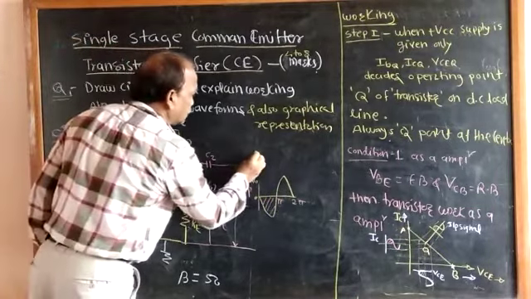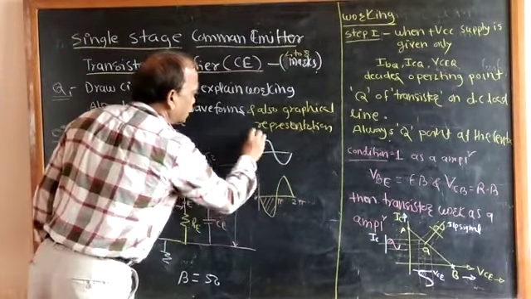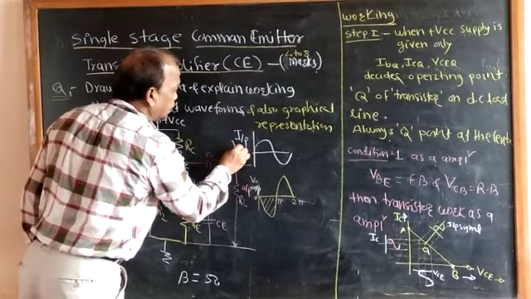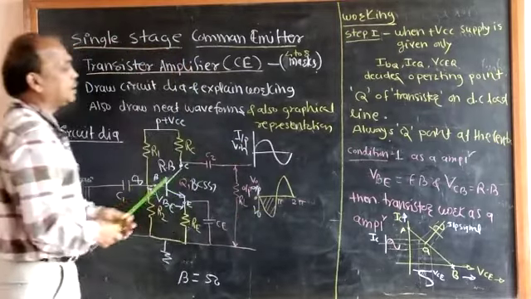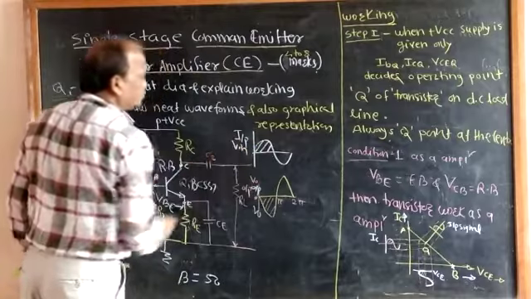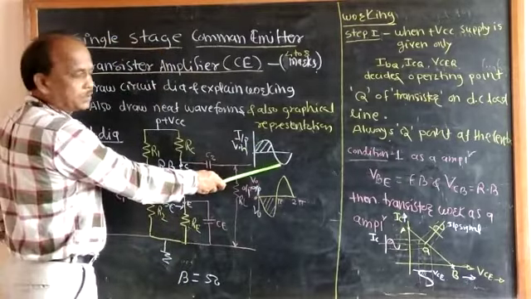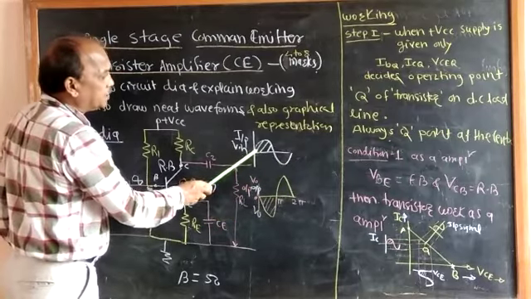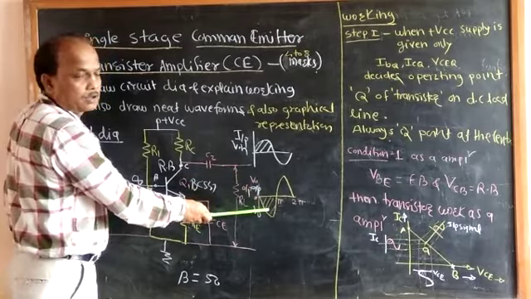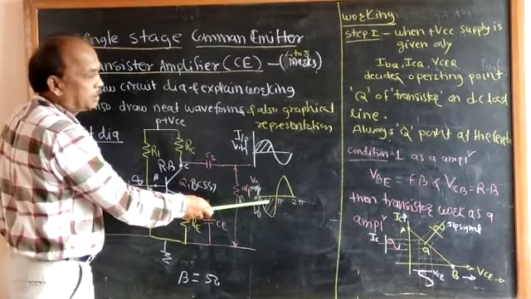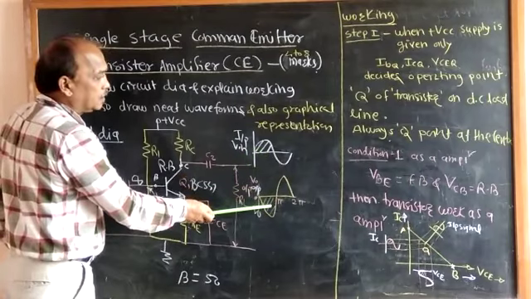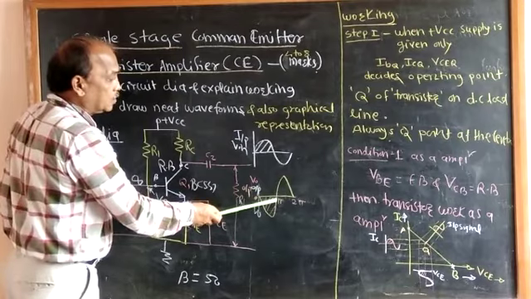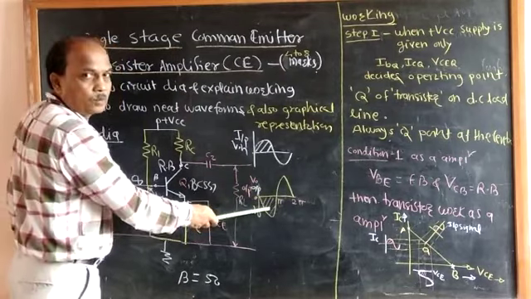Okay. So here, for example, suppose this is the input signal, and this is the output signal. Now what we can observe here: input is a sine wave signal, and output is also an amplified sine wave signal. Okay. The only difference is there is a phase shift between input signal and output signal. So 180 degree phase shift between input signal and output signal. Input signal is very low and output signal is very large. No information is lost in the output signal, only the shape is changed. Okay.